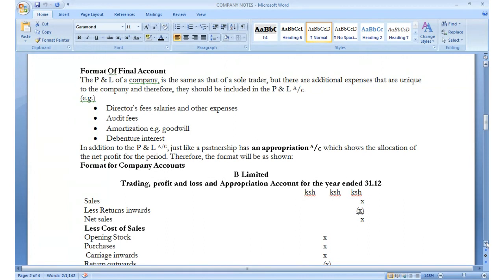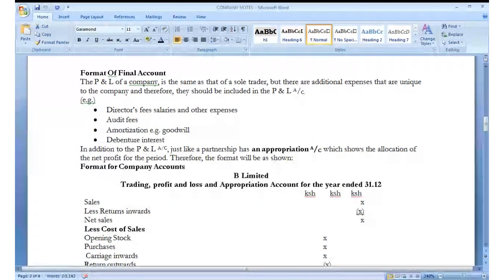Then you have debenture interest. We are going to talk about the debenture down here after our format. Then we are told after that, in addition to the profit and loss account, so in addition to what we already know, the profit and loss account,